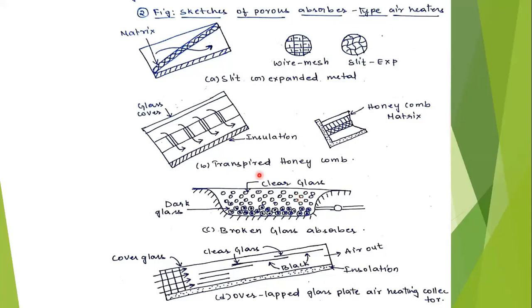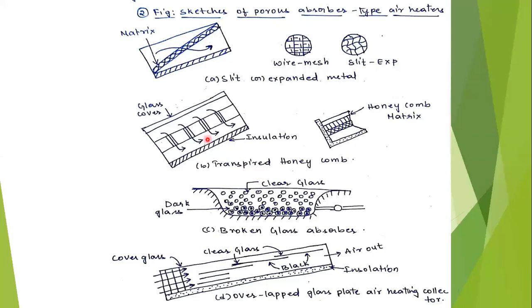So if you use selective coatings, which means some selected materials are coated over the glass plate so that they increase the absorption rate. Unless selective coatings are used, radiative losses from the absorber plate are excessive. Unless we use this, the radiative losses going into the atmosphere from the absorber plate are more. So automatically the collection efficiency decreases. It cannot be improved.